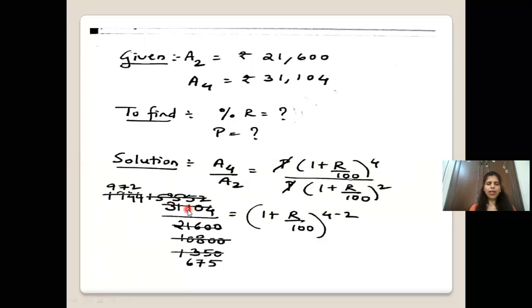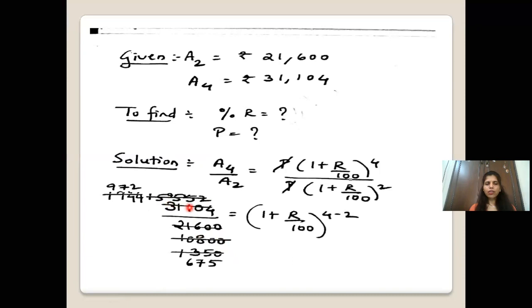When I'm dividing, what I have done first is: 2 ones are 2, 2 fives are 10, 1 carry over, 2 fives are 10, 1 carry over, 2 fives are 10, and 2 twos are 4. So that is how I got 1, 5, 5, 5. After that, when we divide 2, 1, 6, 0, we get 2 ones are 0, 2 eights are 16, 0. Now these two numbers, as you can see here in the units place, are 2 and 0, so even this number can be divisible by 2.